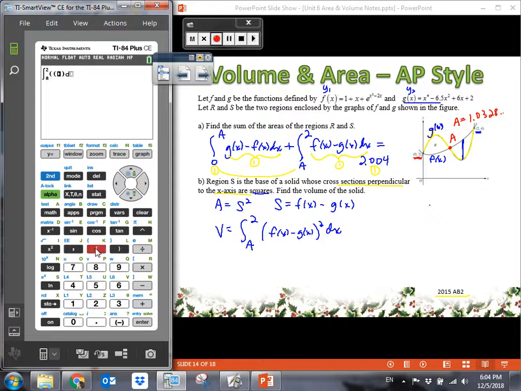Okay, we need a parentheses, so let's remind ourselves f of x, we put in y1, so alpha trace y1, minus g of x, we put in y2, so alpha trace y2, and then close that off and square it. So now I have the integral of f of x minus g of x squared dx, and that gives us our answer